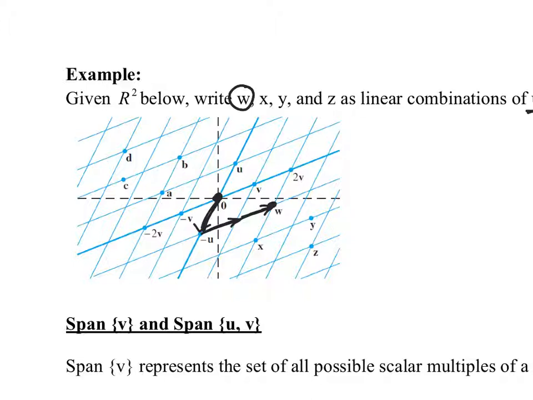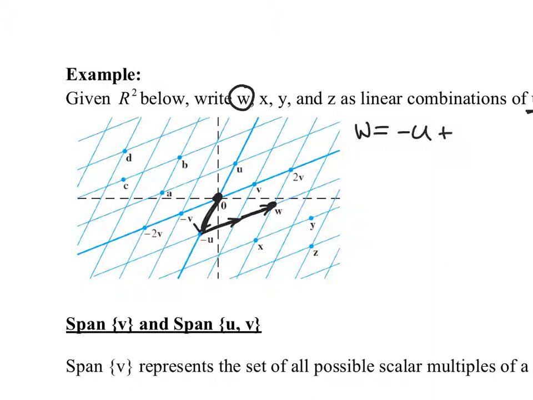Now I just have to think about what I did. On this pathway, U is here, going in that direction. Negate U, and we're going in the opposite direction on the same line. It's labeled here as negative U, which makes it even easier. So I know I have one part of it that's negative U. So W is equal to negative U, and then